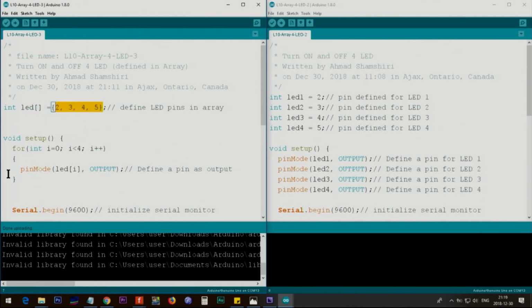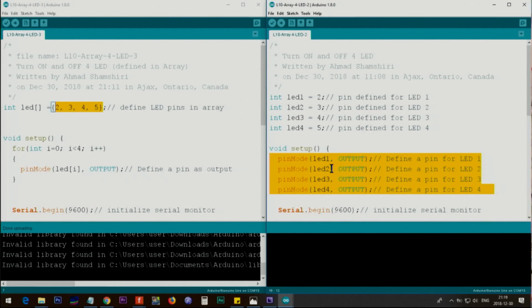Then we go inside the setup, and using these 4 lines we define the pins as output. This might not look that simple, but if you have tons of other tasks, this is very simple. Actually, we could say that this is done with 1 line